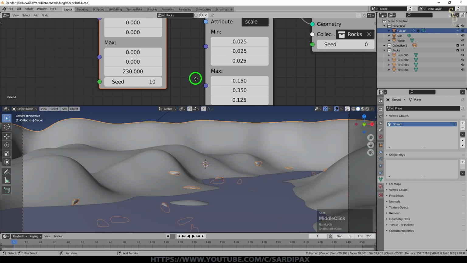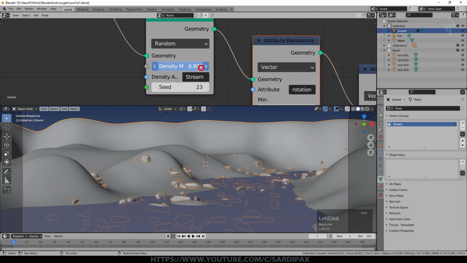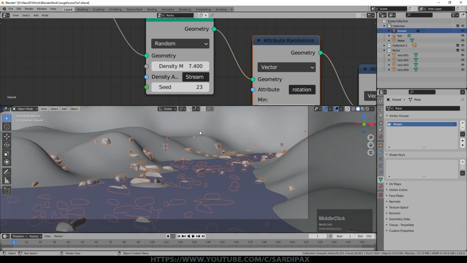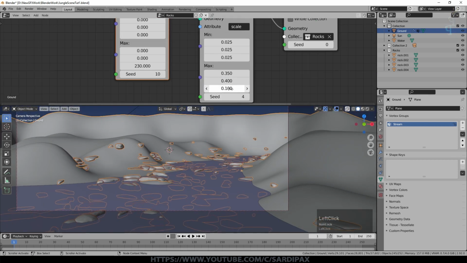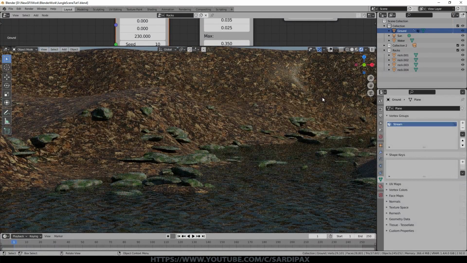And now it's just a matter of selecting the density that works for our scene. So I'm just turning that up a bit there. Many of these rocks are below the surface of the water, but may still be visible, of course. So just adjusting some of the dimensions of the rocks a little bit. So if we have a look at that, that's starting to give us the sort of look that we want.